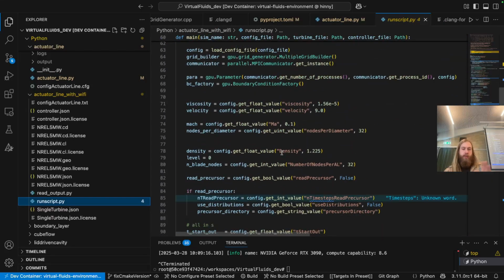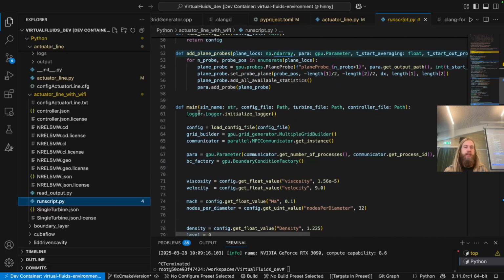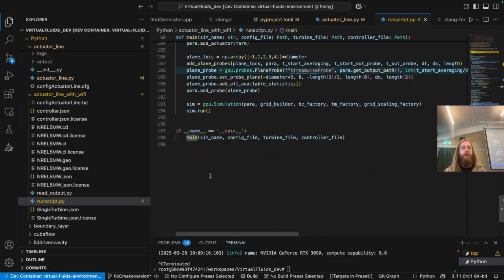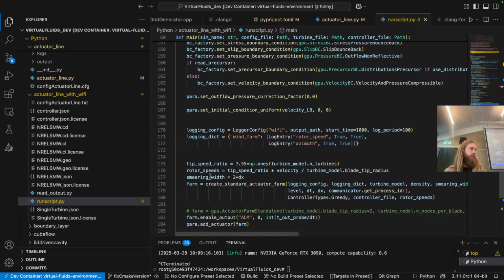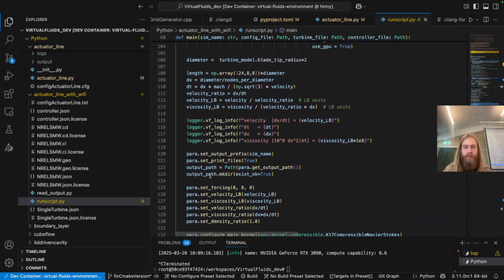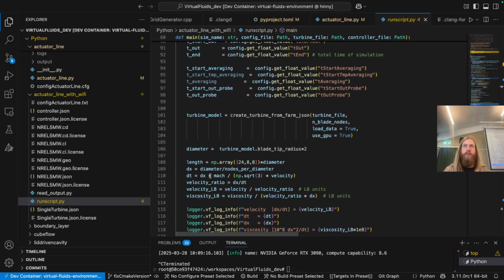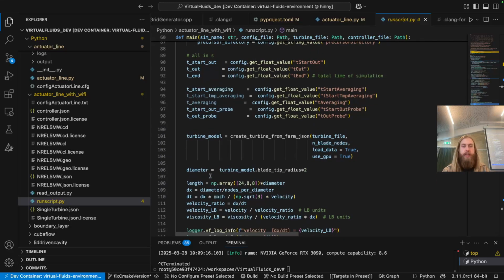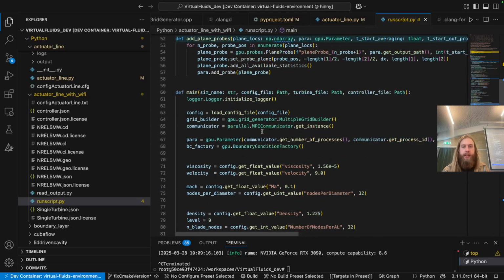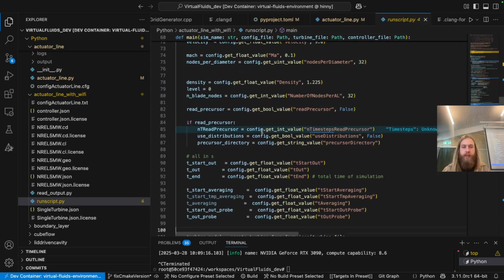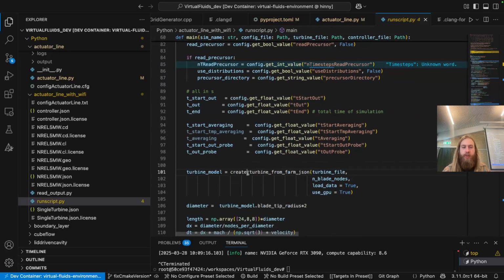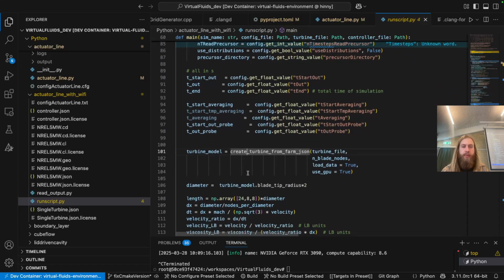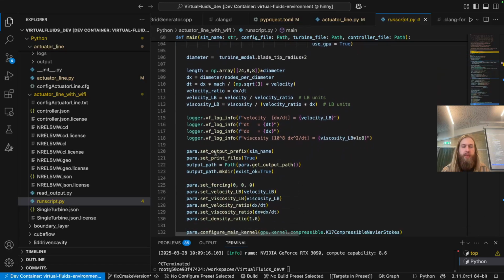But here you see one of the things is that you have to define a main function, and you must call the main function in the end. That's the difference if you couple it to Wi-Fi, and finding that out takes a lot of time. And what you do here is you just create this turbine from a farm. It's maybe not the best naming, but